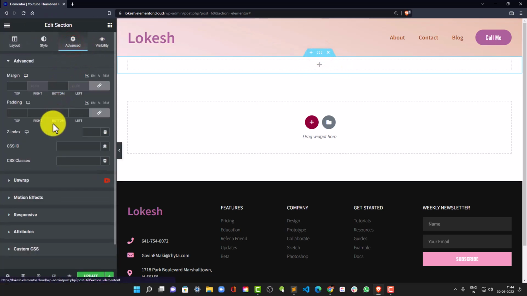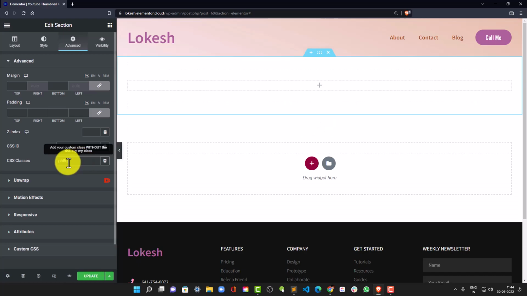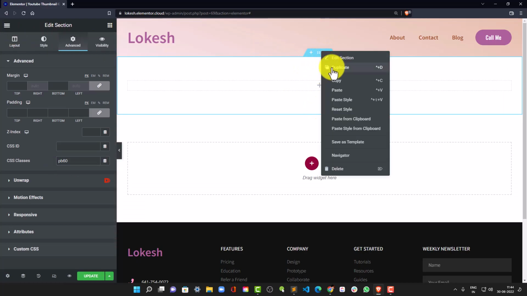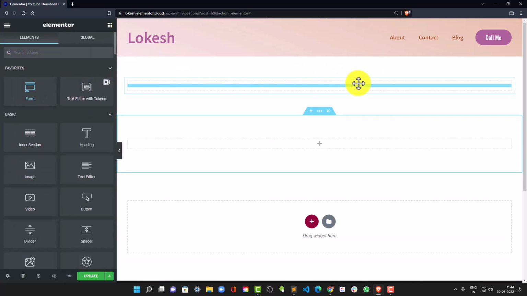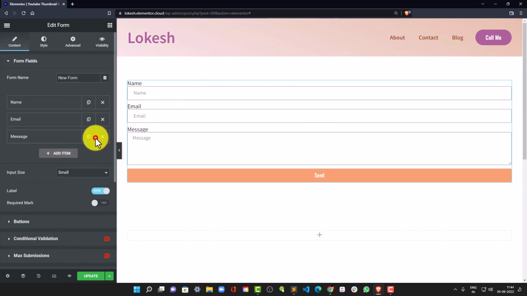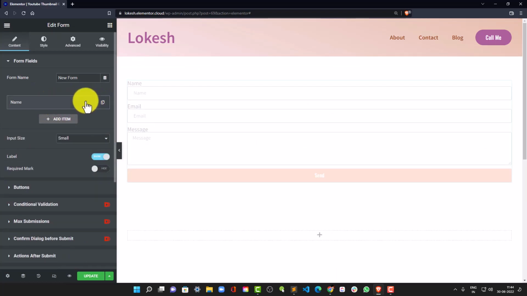I will need padding top and bottom. So I have a class of pb60, that is padding both 60, and I have added it in our custom CSS. Perfect. Now I need a form widget. I have already favorited that. Perfect. I will need only one field that will